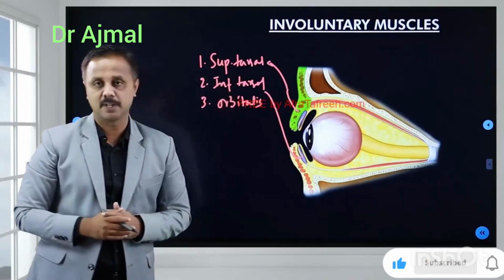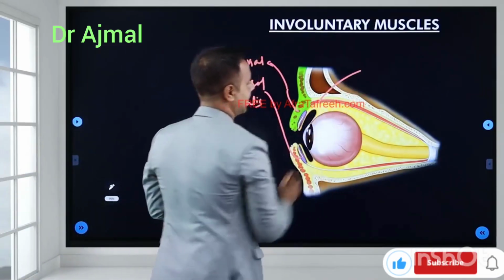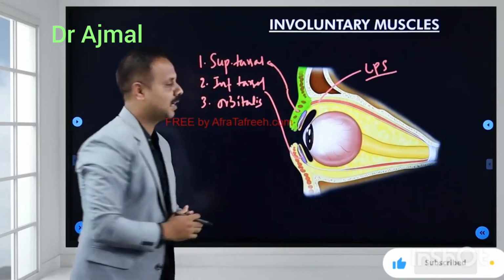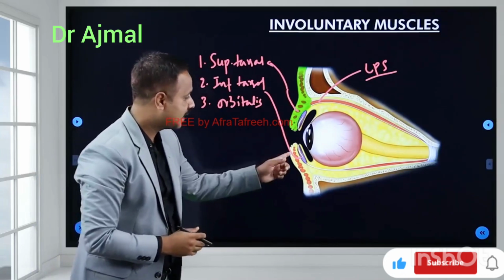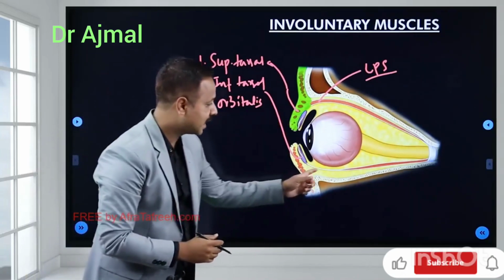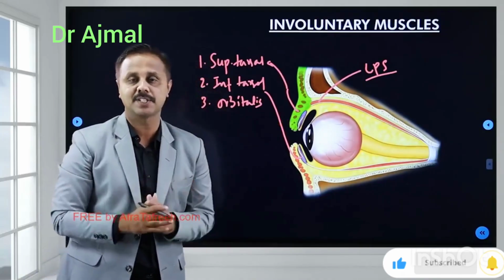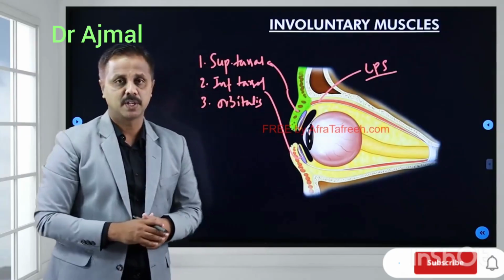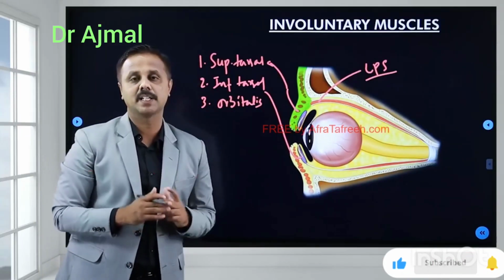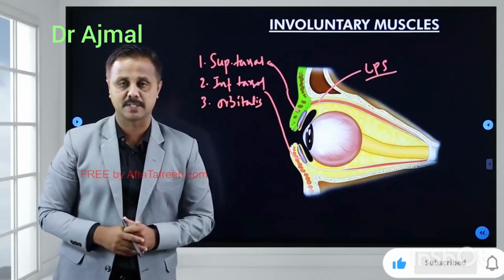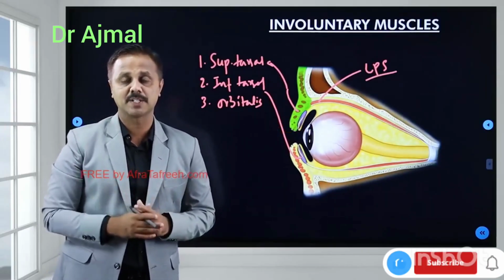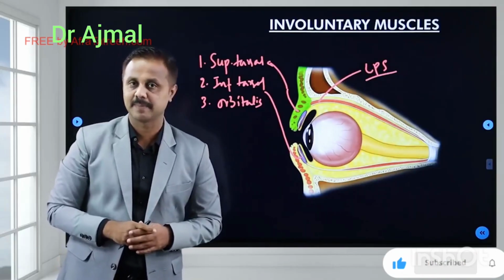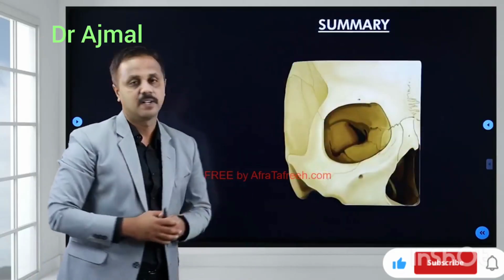The superior tarsal, as we have already discussed, arises from the intermediate lamella of the levator palpebrae superioris, and the inferior tarsal is a muscle which connects the inferior oblique and inferior rectus to the fascial sheath of the eyeball. This is in brief regarding the involuntary muscles. You need not worry too much about the attachment, innervations or action of these involuntary muscles. Always focus on the extraocular muscles which are voluntary. The 4 recti, the 2 obliques and 1 levator palpebrae superioris. Right? Once we have learned the details